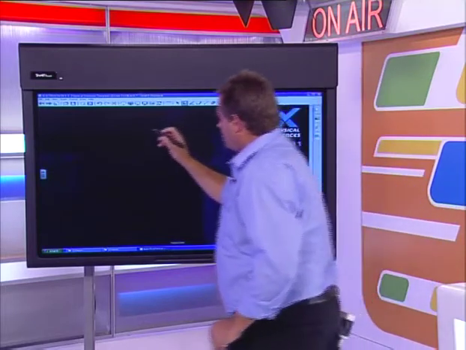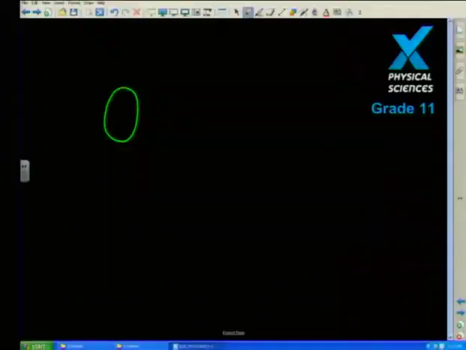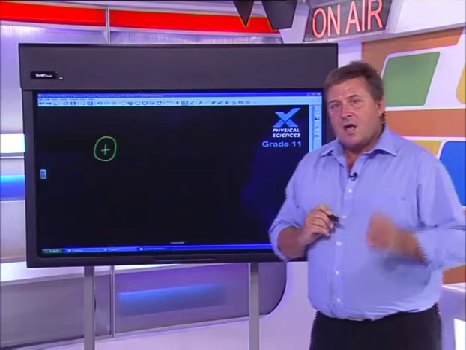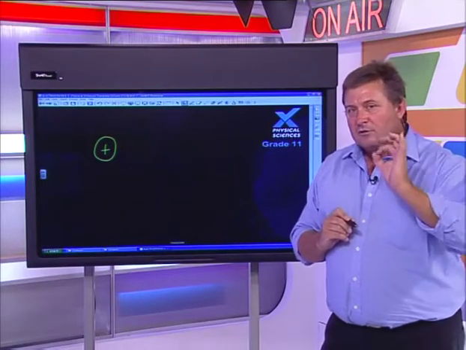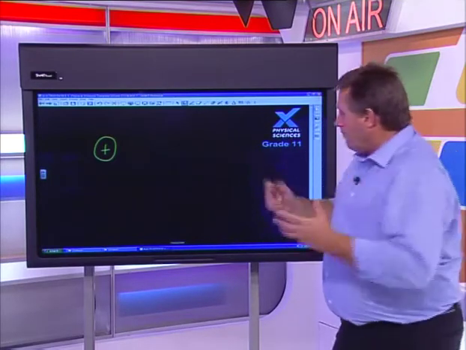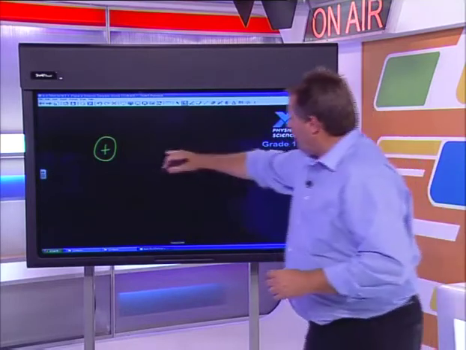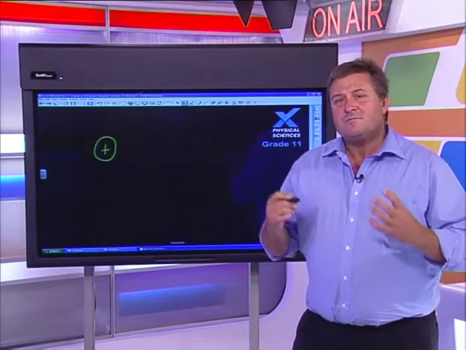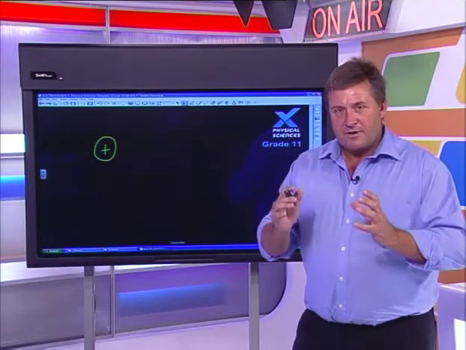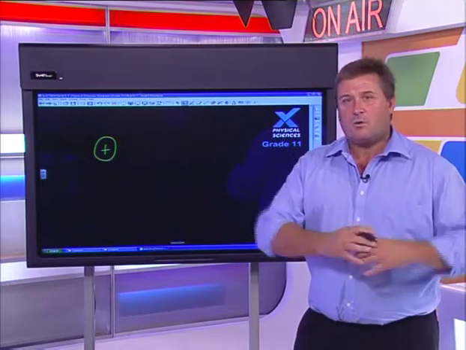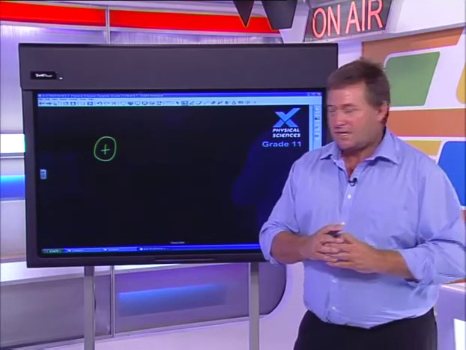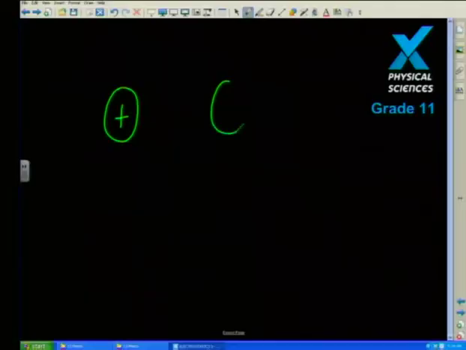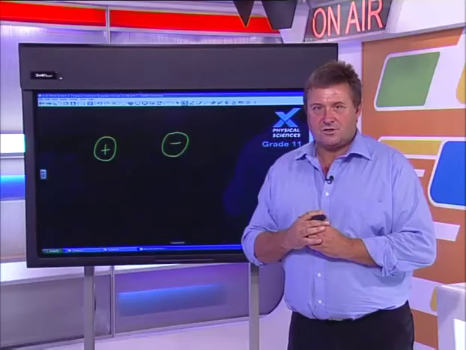But guys, what I'll quickly want to do is, when we represent a charged particle, especially when we talk about electrostatics, we often just represent it as a round circle with the charge of that object illustrated in it. So what I've got here is a little circle, and I've just put a positive in there. That tells me that I am dealing with a positively charged object. If I had a negatively charged object, I would simply write it in like that. That represents a negatively charged object.